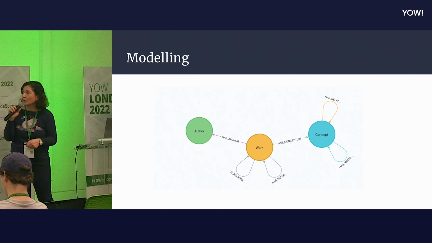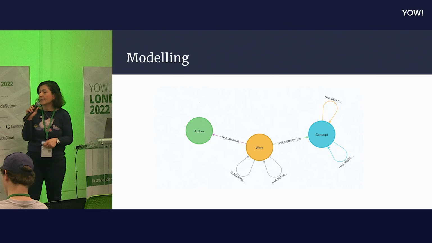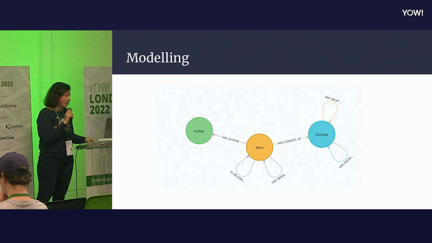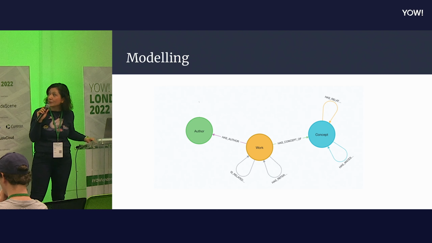We ended up with this: an author publishes a work. A work can be related to itself, as it may reference another article or published work, and each work has multiple concepts. Concepts may have multiple levels, like the ancestor relationship between 0 and 5, or they can be related to each other, which gives us connections to explore.